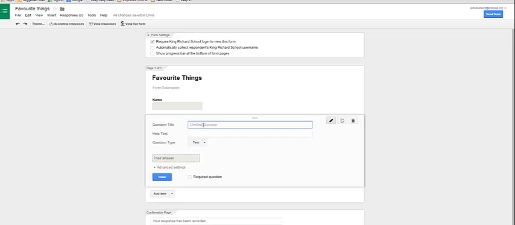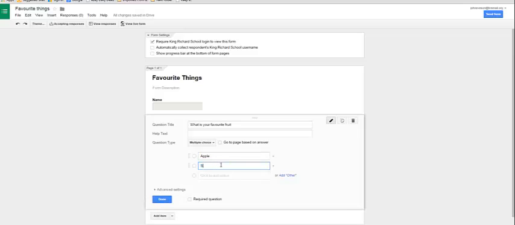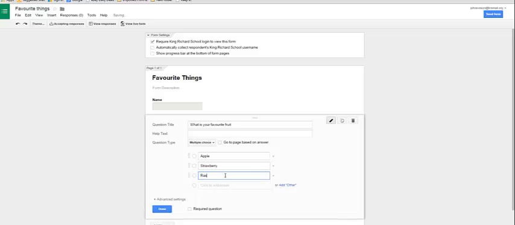And we can then choose another question, something along the lines of, what should we go for? What is your favorite fruit? Again, if you want to add some help text in there, you can do. In this instance, we're going to choose multiple choice. So the first option is going to be an apple. Next option is going to be a strawberry. Next item is going to be a raspberry. Fourth option is going to be